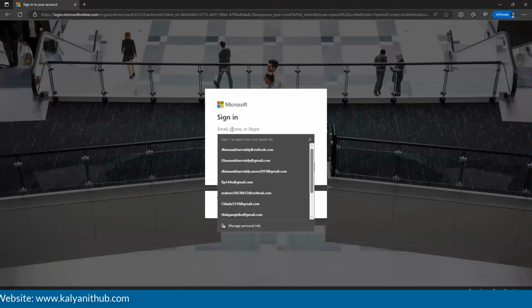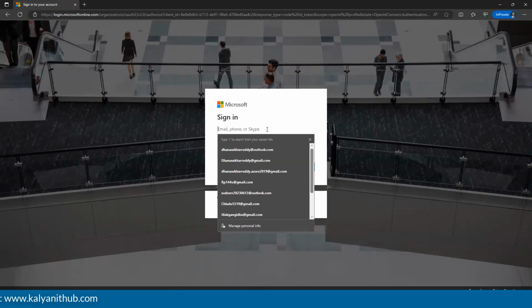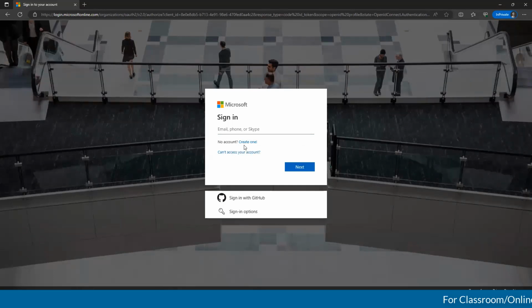Start free account. When you come here, just have a look. Enter your email address. The email address could be anything like Gmail, Outlook, Yahoo, anything. If you do not have an Outlook account, you can go ahead and create a new one. Here you can create a new one.